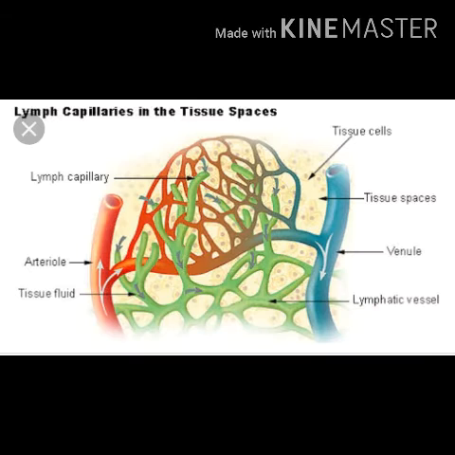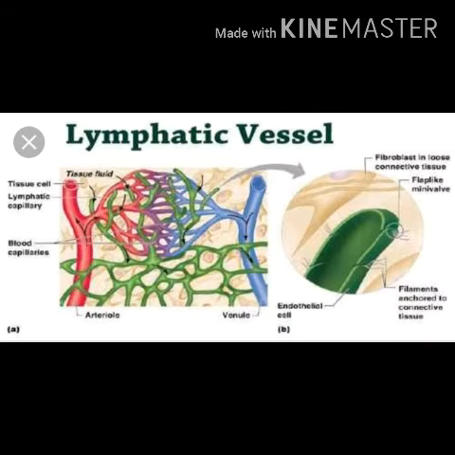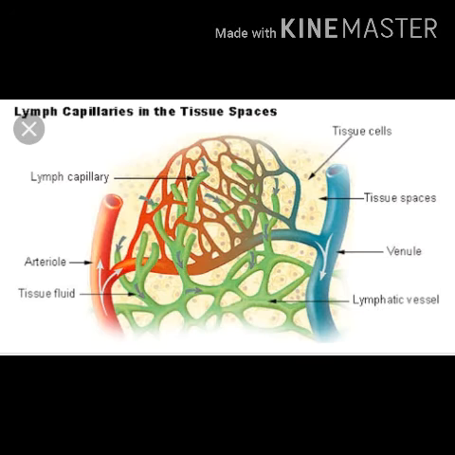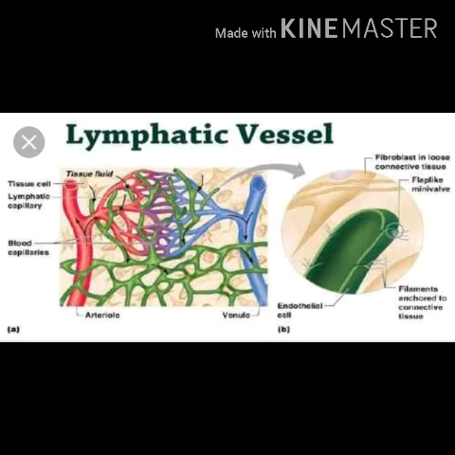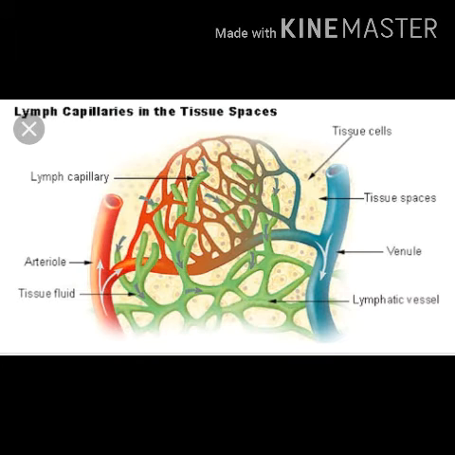Now if we see the significance of the lymphatic system in the body, first, it maintains the blood volume and blood pressure by returning lymph into blood. Otherwise blood volume will reduce due to leakage of plasma. Second, lymphocytes and macrophages which can destroy foreign agents are produced in the lymph nodes and lymphoid organs.